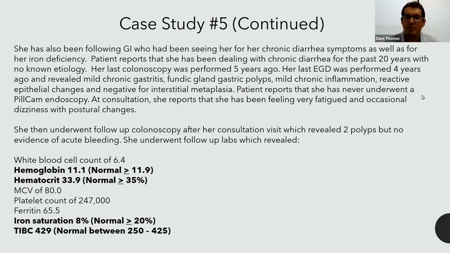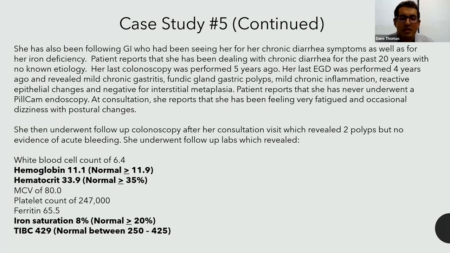Her last EGD was performed 4 years ago and revealed mild chronic gastritis, fundic gland gastric polyps, mild chronic inflammation, reactive epithelial changes, and negative for intestinal metaplasia. Patient reports that she has never undergone a pill endoscopy in the past. At consultation, she reports that she has been feeling very fatigued and occasionally dizzy with postural changes. She then underwent a follow-up colonoscopy after her consultation visit with us, which revealed 2 polyps, but no evidence of